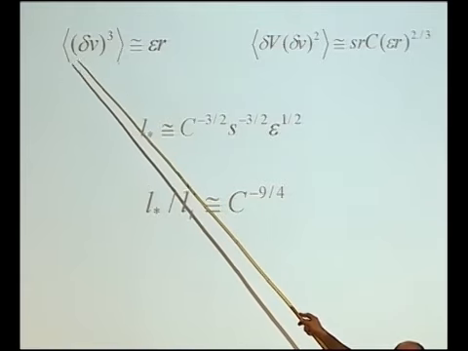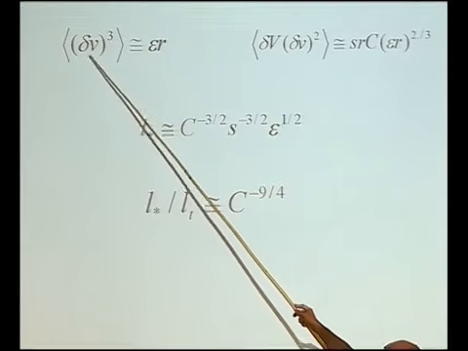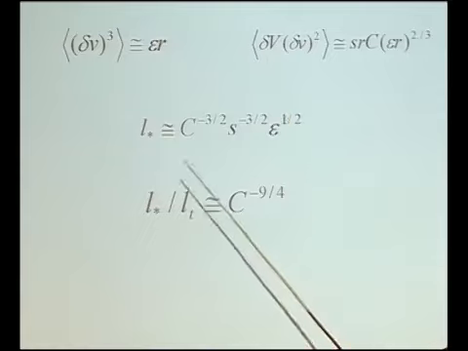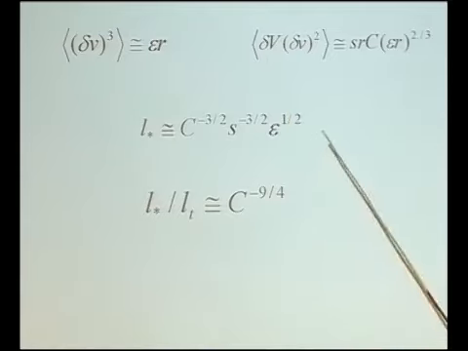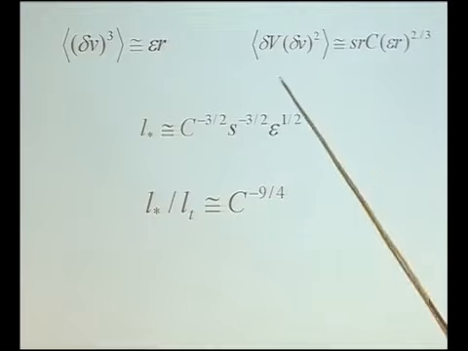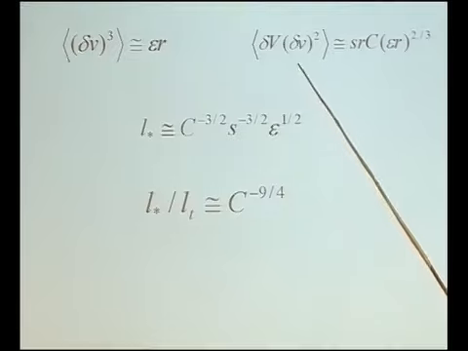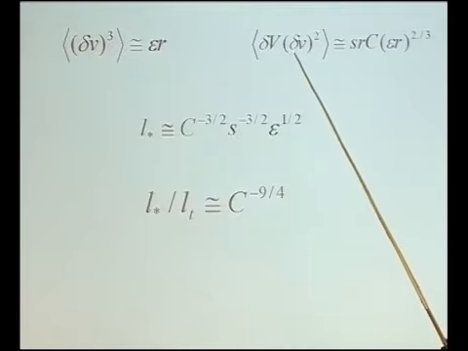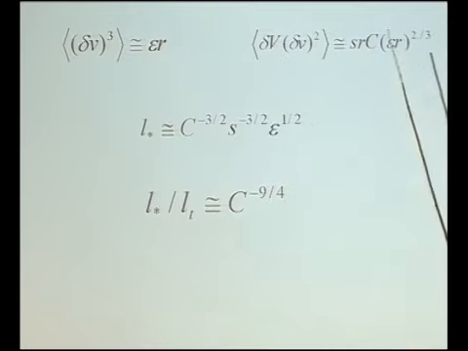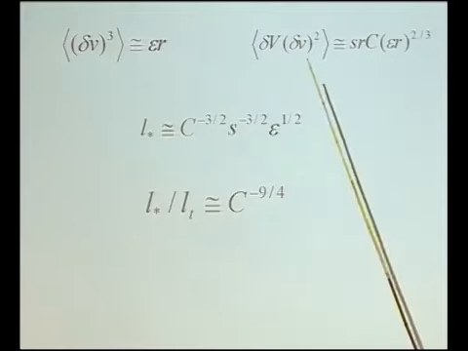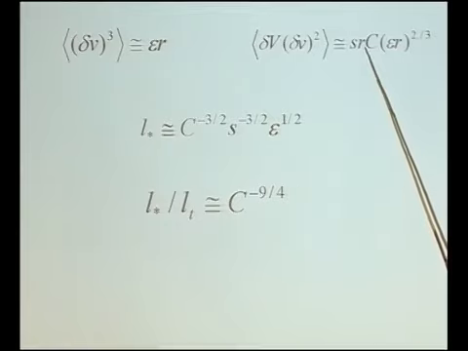It's a kind of hand-waving dimensional reasoning: if I have only a small scale contribution, just turbulence and nothing else, then the third moment would just behave as epsilon r, where epsilon is the energy dissipation rate. But if I consider the third moment without subtracting the large scale flow, it would have this type of cross correlation because